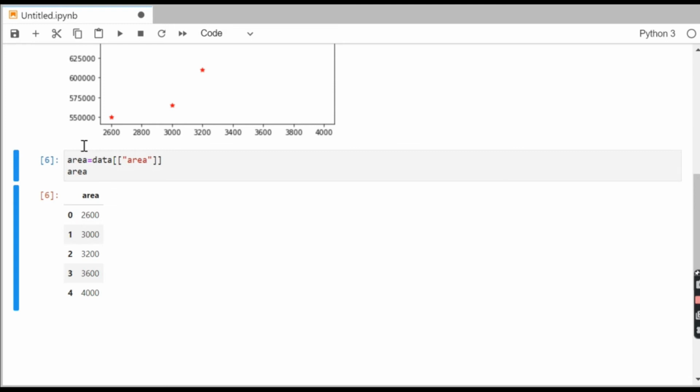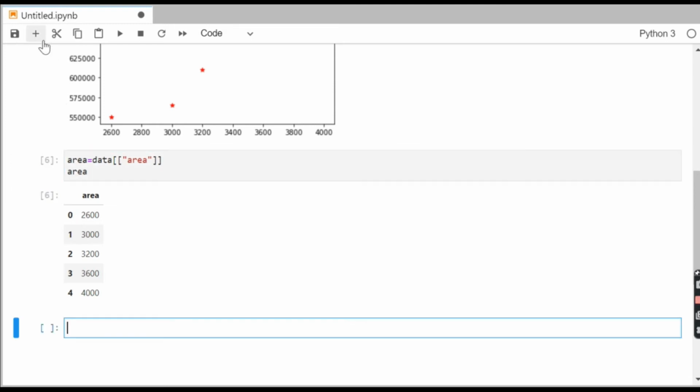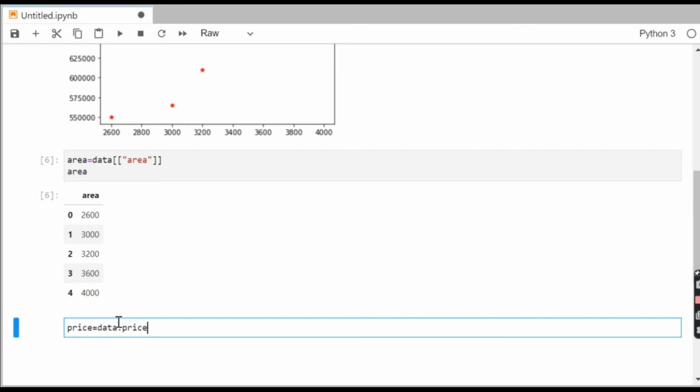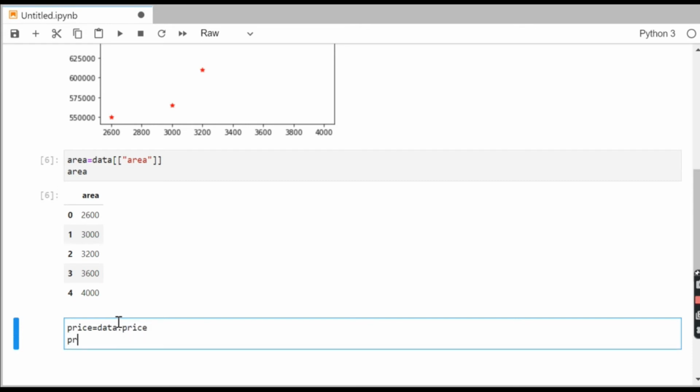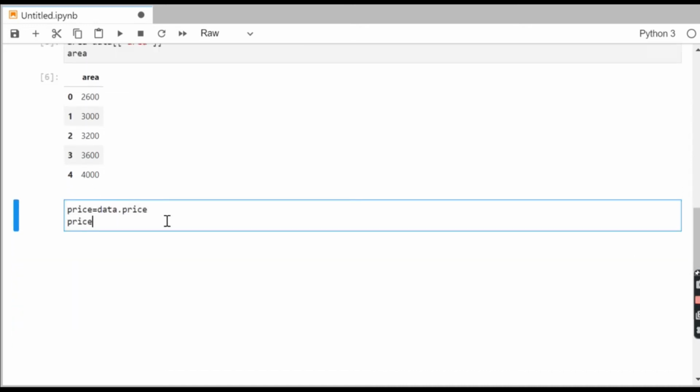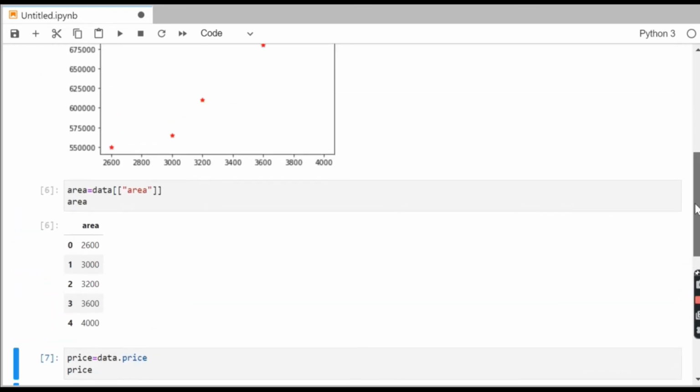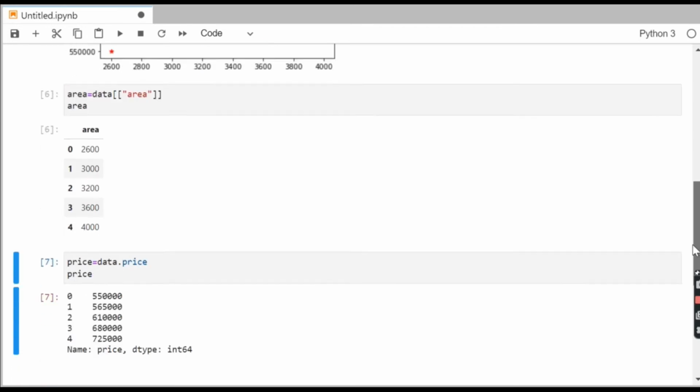Now fetching price separately, because we need to pass area and price into our model. So I'm writing data.price, and printing price as well. Run the code so that we can see. These are all the prices, and we have area. So we have fetched area and price separately.